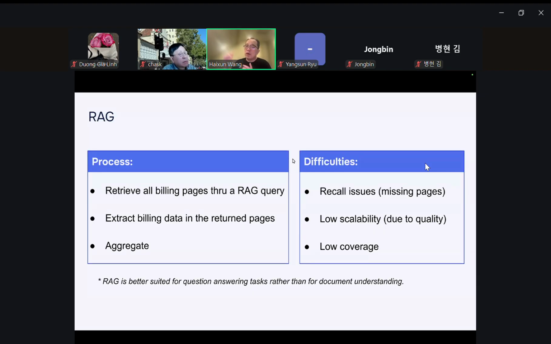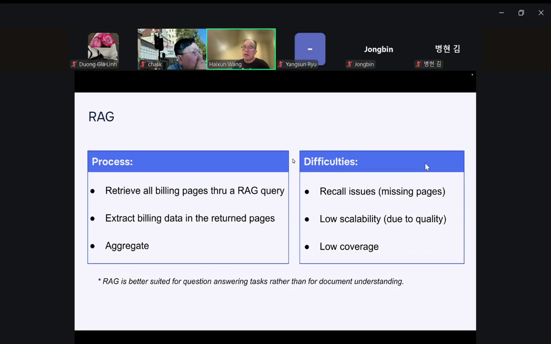And in order for you to not miss any relevant page, you have to make your threshold very, very low so that it's possible for you to get all the relevant pages. But if you use a very, very low threshold, it means you won't be able to handle very, very big documents because the RAG won't be able to return you all the relevant pages.